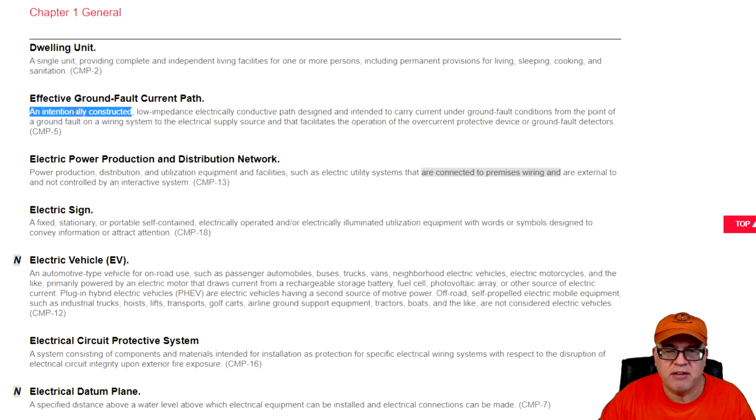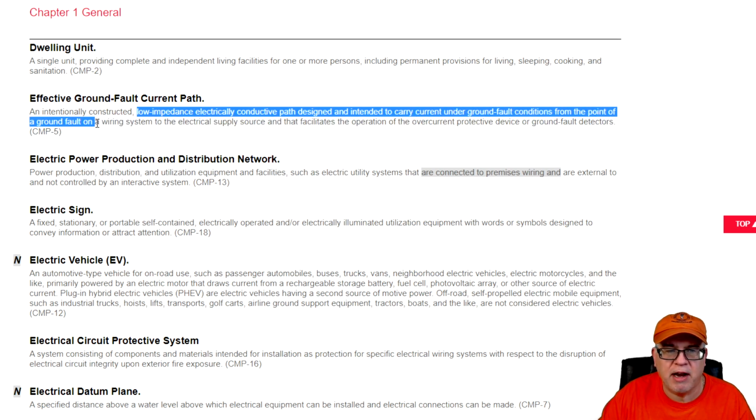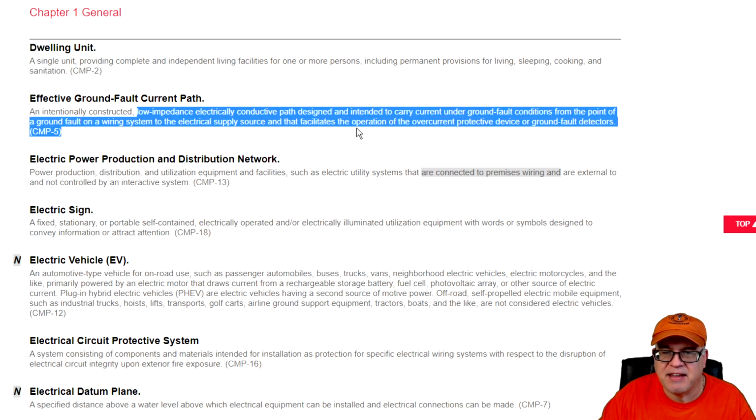So it's an intentionally constructed, which means you've got to make it, low impedance electrically conductive path designed and intended to carry current under a ground fault condition from the point of the ground fault, wherever that incident takes place in the system, to the electrical supply source, and that facilitates the operation of the overcurrent protective device